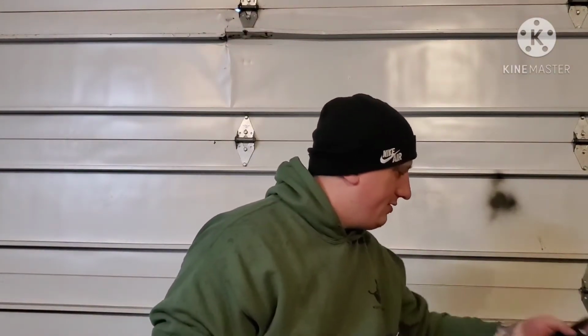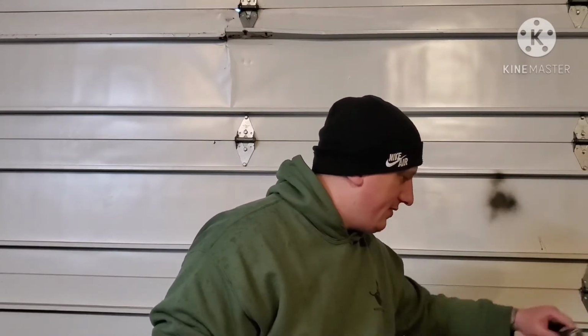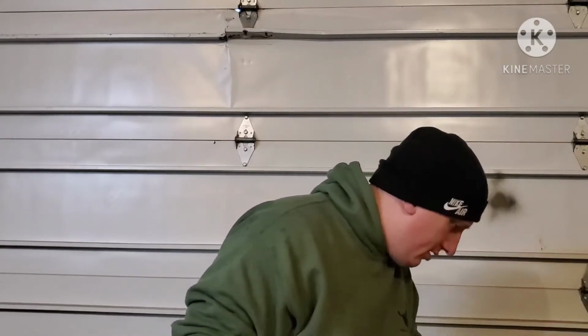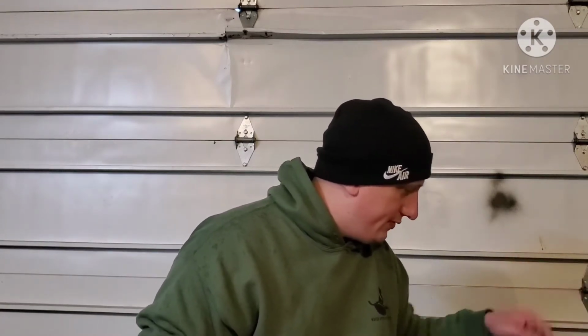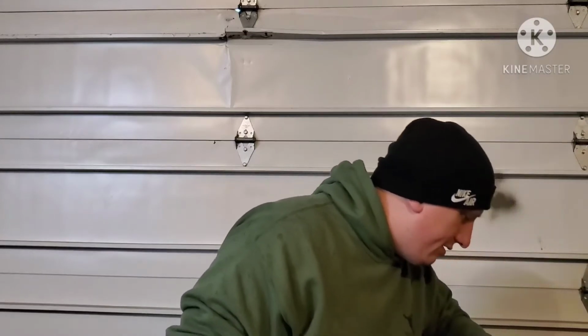A couple Indiana Jones. I got a bunch of John Wayne, Ghostbusters, E.T. There's a bunch more horror ones too. I found a Wolfman, so one of the Universal monsters. Oh, probably not. Anyways,